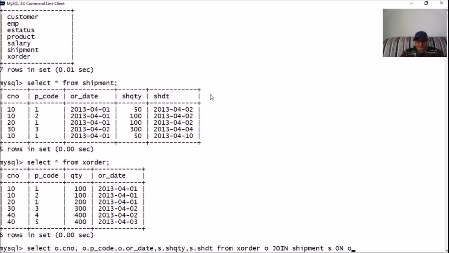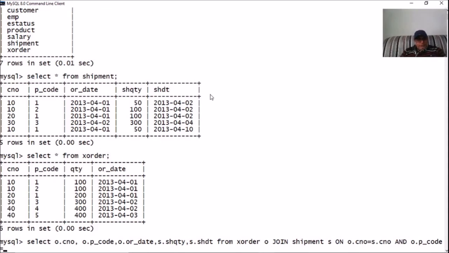O dot C number equals S dot C number, and O dot P code equals S dot P code, and O dot OR date equals S dot OR date, and done.